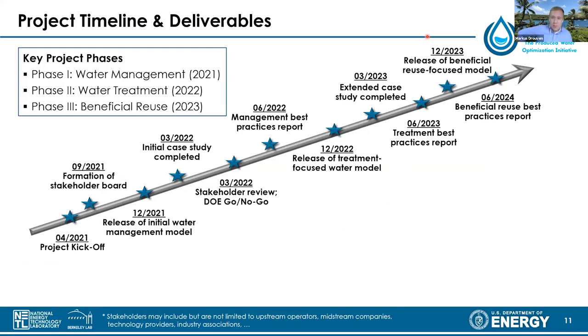So let me say a few words about the project timeline and the deliverables that we're aiming for. It's a 3-year project. We decided to split it into 3 distinct phases, every phase taking up exactly 1 year. Phase 1, year 1, we're entirely focused on what we call water management. So we want Pareto to capture current industry best practices and infrastructure solutions that are already in place and verify the framework, make sure it does what it is supposed to do, and find ways to improve upon current best